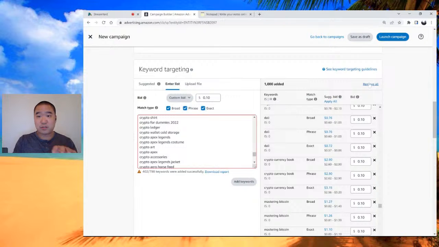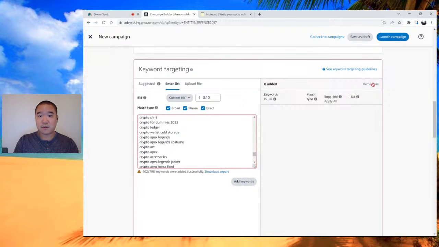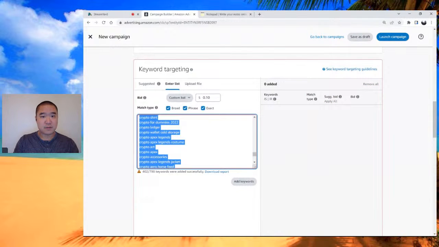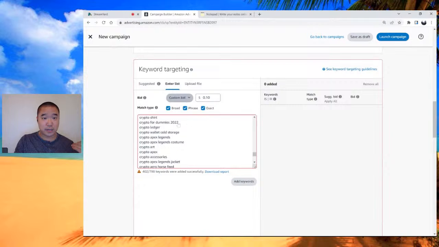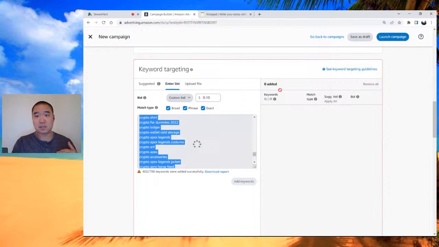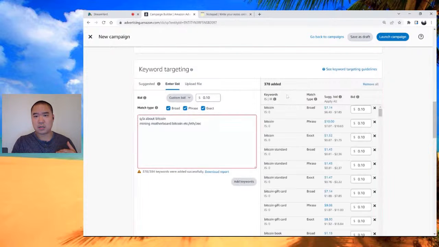But again, if I just do the A to Z method for this example, make sure it's a custom bid, so you don't do the suggested bid. Test whatever you can afford. I'm going to add the keywords. It comes up to 378 only. I thought it was more than that, but